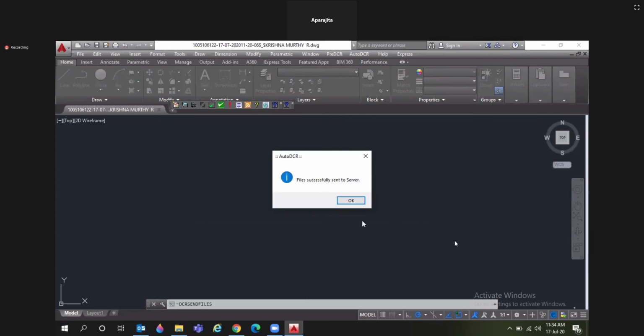So after uploading all the scrutiny report on the server, click on OK, file successfully sent to server.